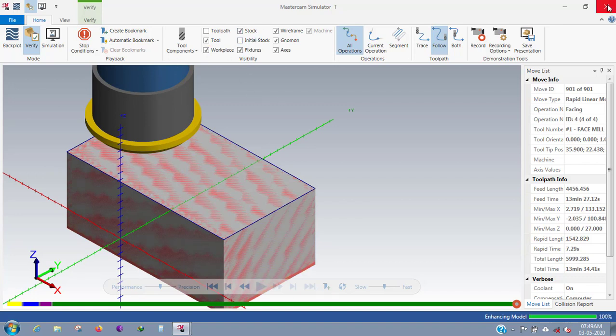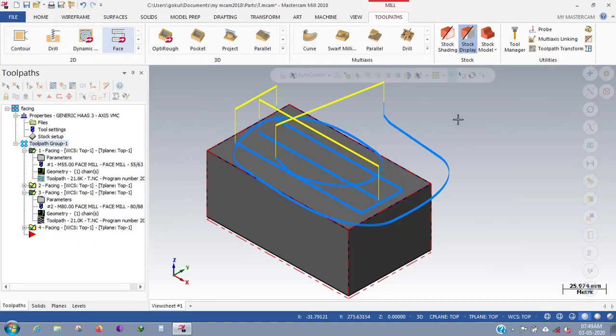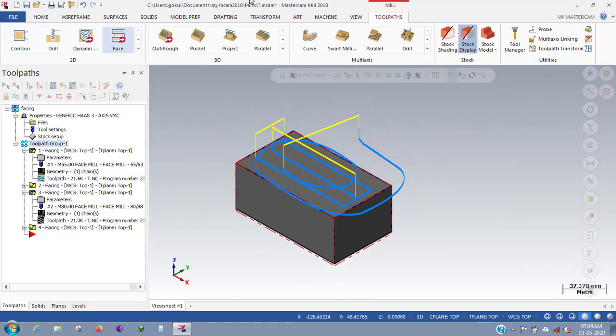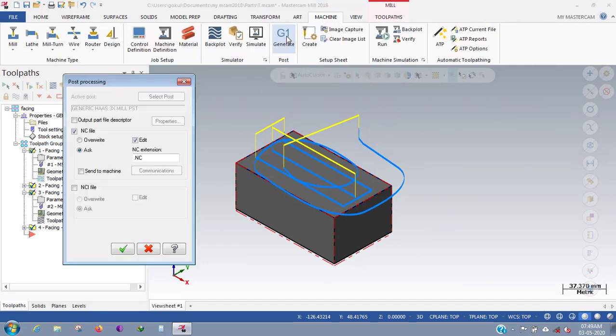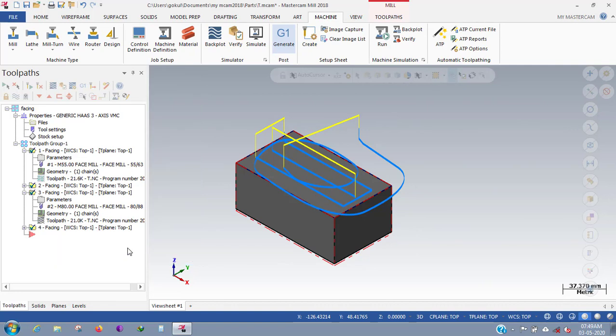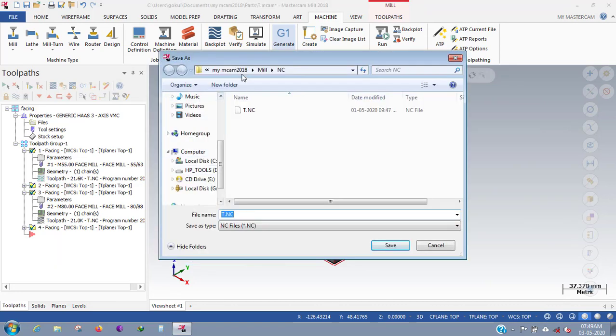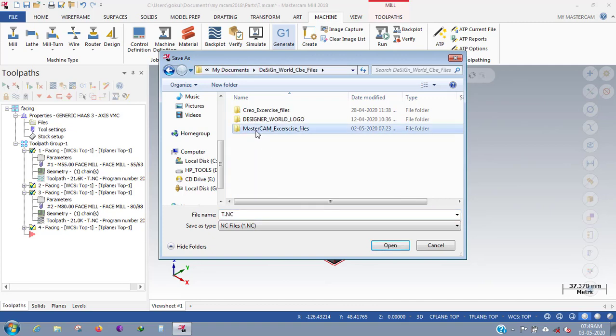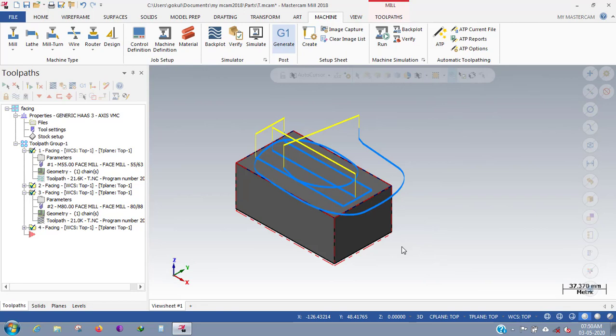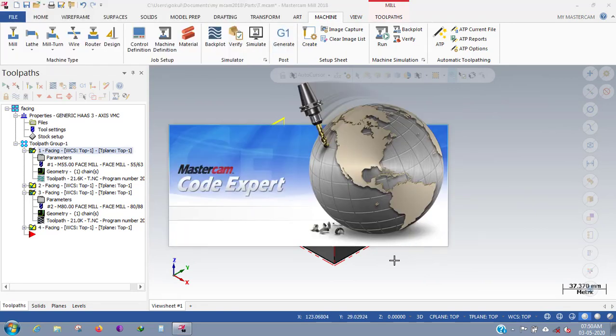And we will go to machine and go with the generate of post, which is the program generation, and we just give where the files are to be. I'm just giving facing. The program is generated.